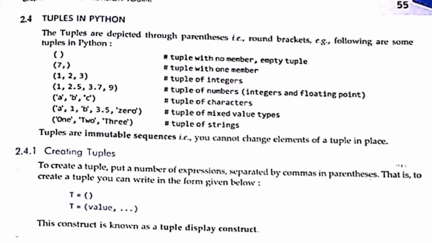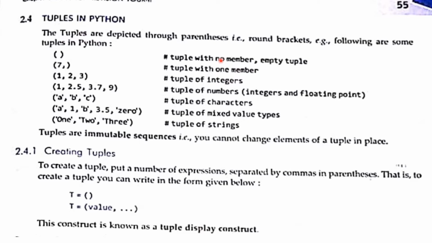So here are the examples of tuples. It is the same as we discussed in lists. So we will not give more time on this, but we will see here that the difference is parenthesis and square bracket. In the list we used square brackets and here we are using parenthesis. So here a tuple is created without any value.